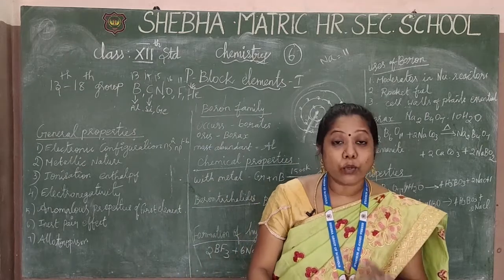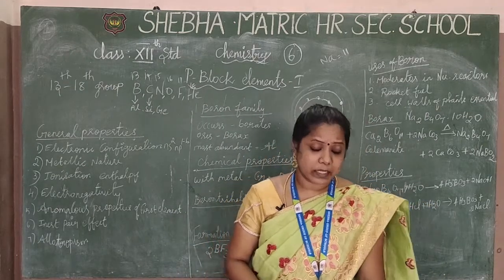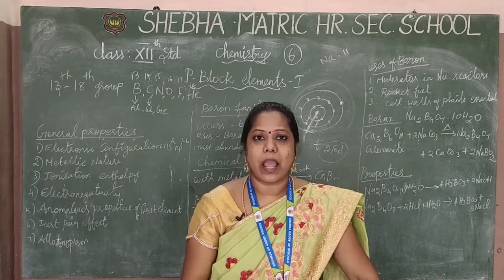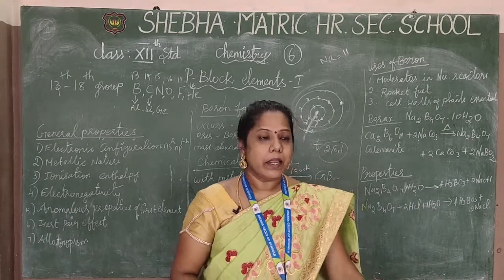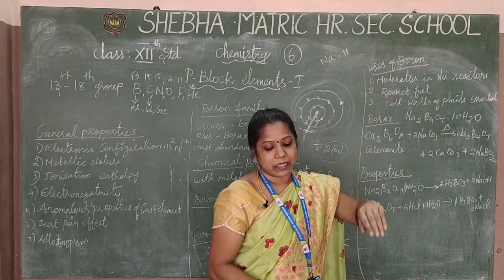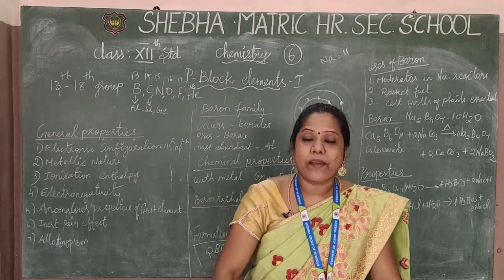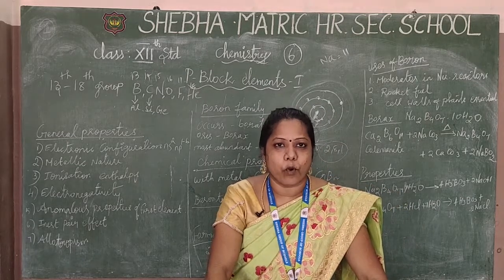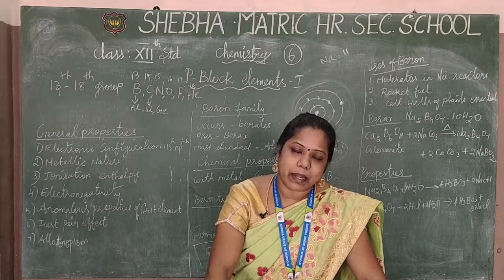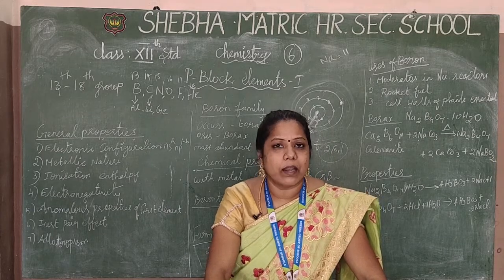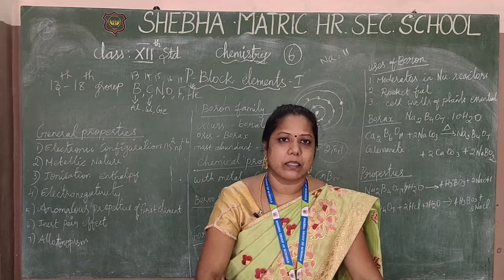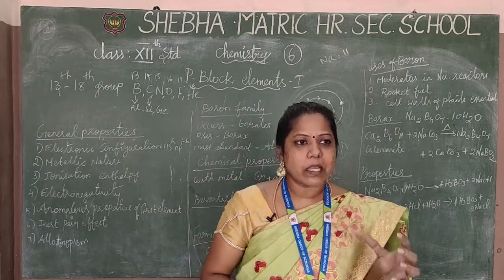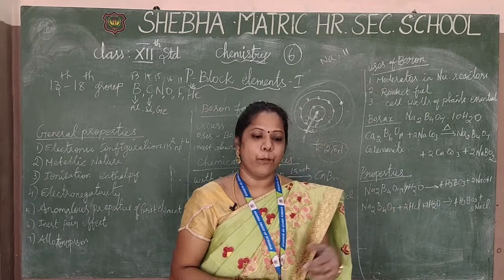Now go for the uses of borax. What are the main uses? In the identification of colored metal ions, we have to identify them depending on the colors. Borax is very helpful there. And then the next use, manufacturing of optical glass, also uses borax, and also as a flux in metallurgy. Metallurgy we learn in the first lesson, that is flux. In the extraction process we need some fluxes, no? So this kind of flux is called borax.